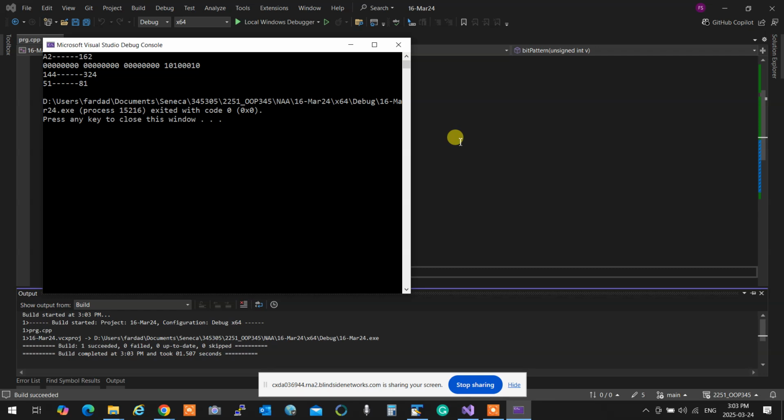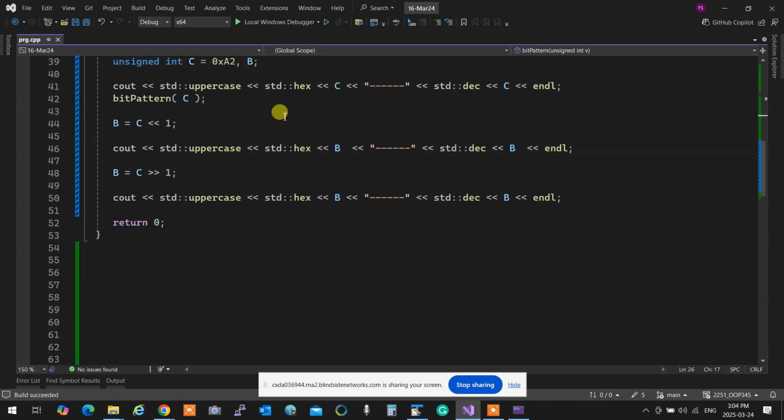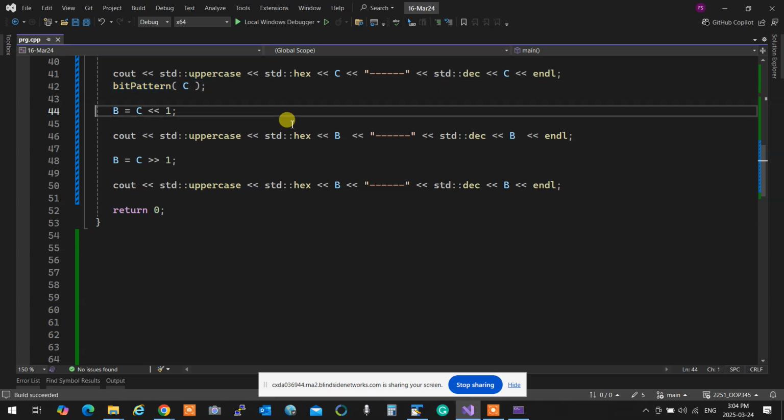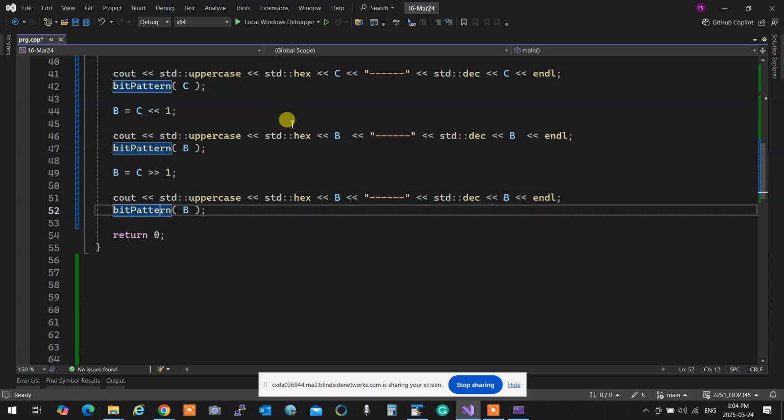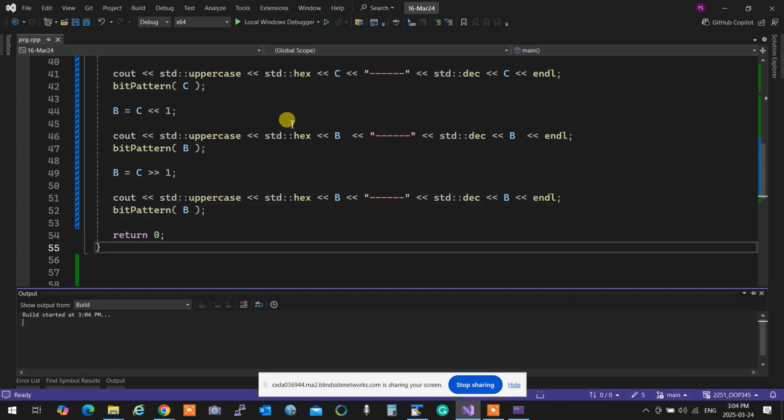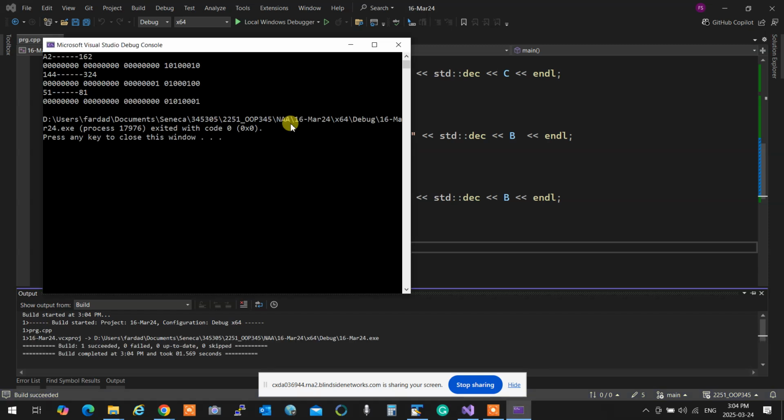Are we okay? So that's a bit pattern. Now I can actually try and see how different things work. Okay? For example, after all these left shifts and right shifts, so in here, this is C. Gonna go B. Here we go. Now we can actually see how left shift and right shift are working. So this is essentially left shift. You push it over here, everything goes right, and the other one comes. Are we okay? We good?